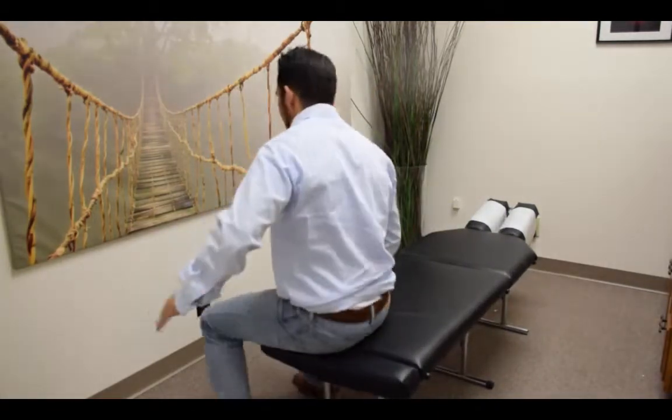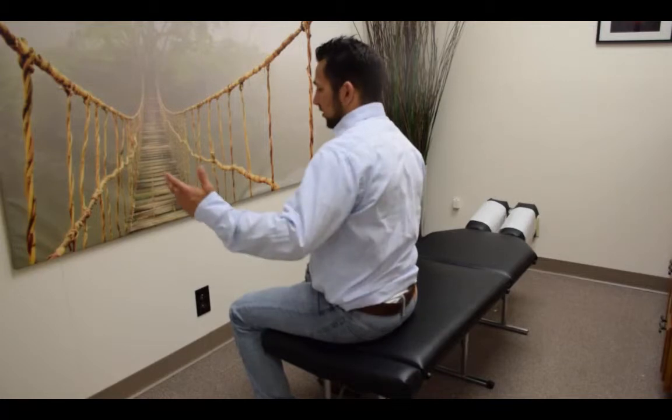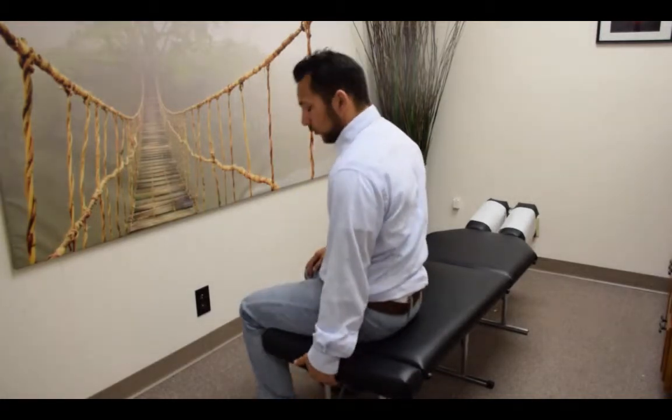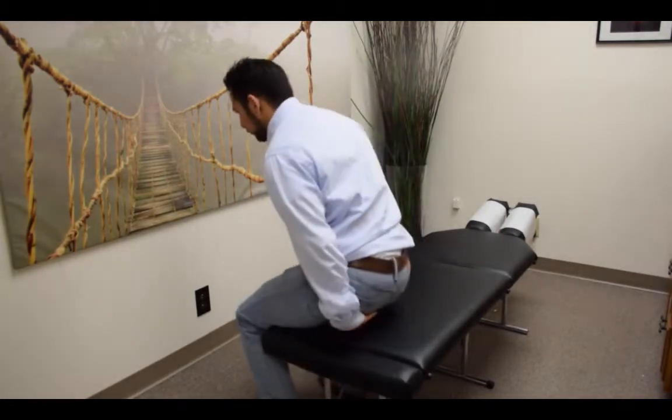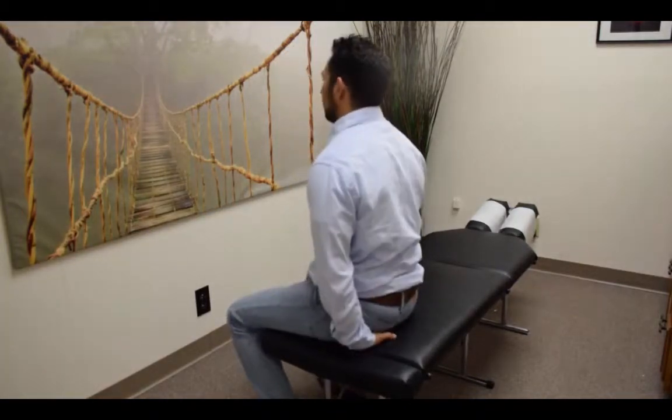One way to stretch the neck is to start by placing one arm behind the back. It just looks like this, okay? And you can just rest it here. If you're sitting on a chair, you can hold the bottom of the chair, or if you really want, you can sit on your hand, either palm up or palm down. It doesn't make that big of a difference, but it is really important to anchor that scapula